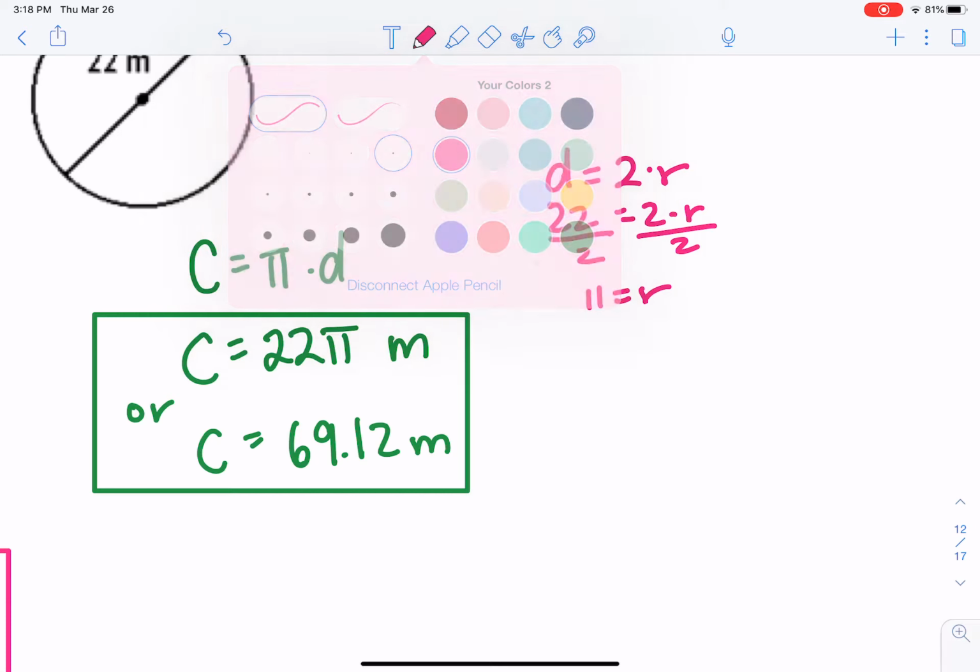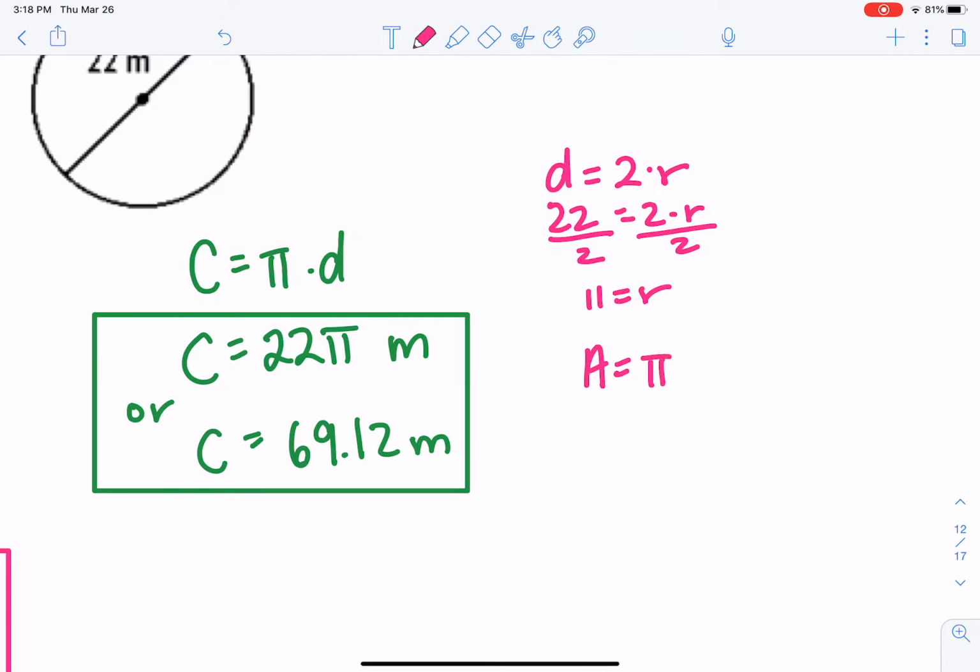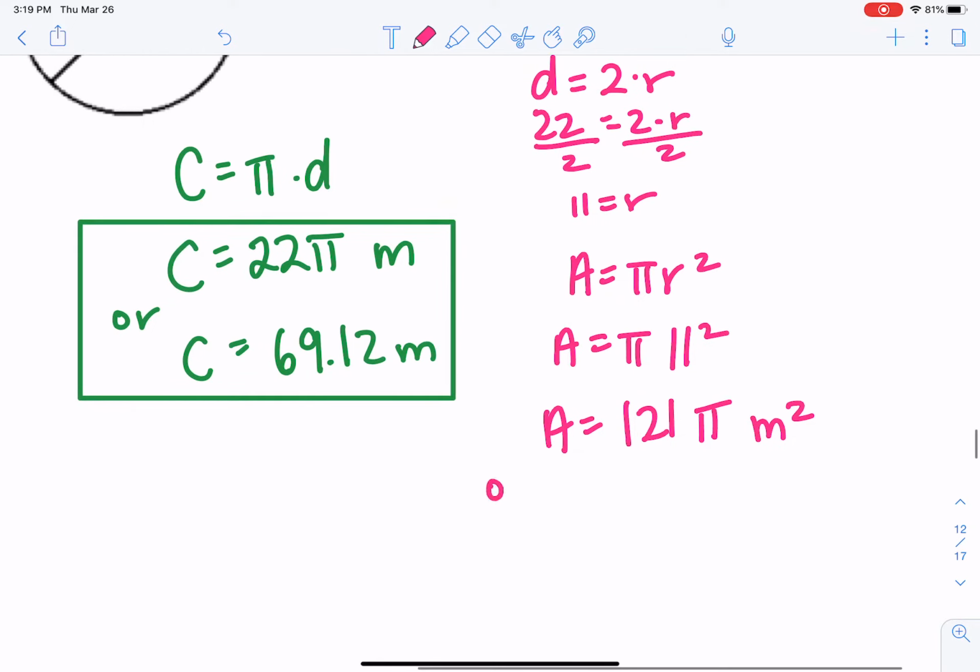Then I can do area equals pi r squared. The area will equal pi times 11 squared. The 11 has to be squared first. So I'll have the area is 1 pi times 121, or 121 pi meters squared. And again, if you would like to do a decimal, you can type that in your calculator, and it will give you